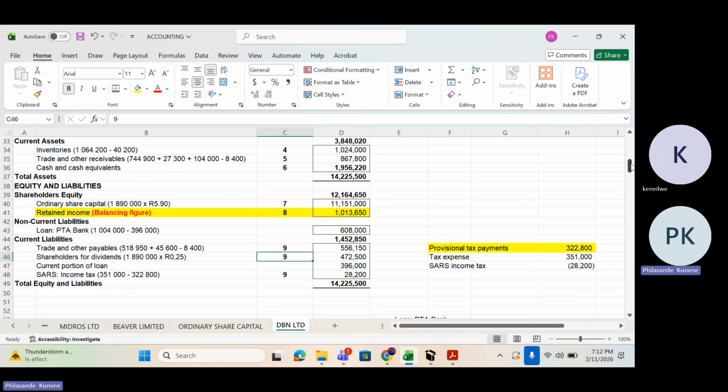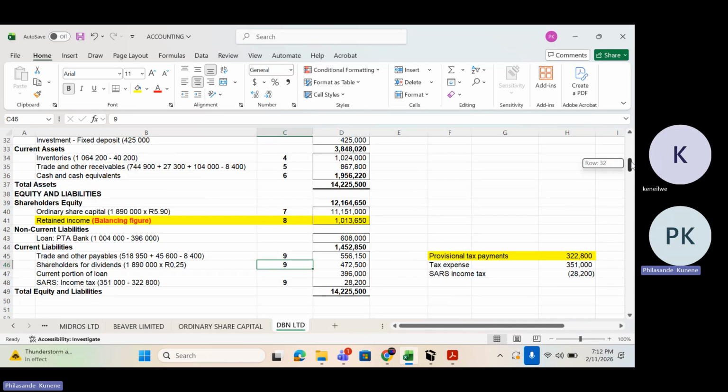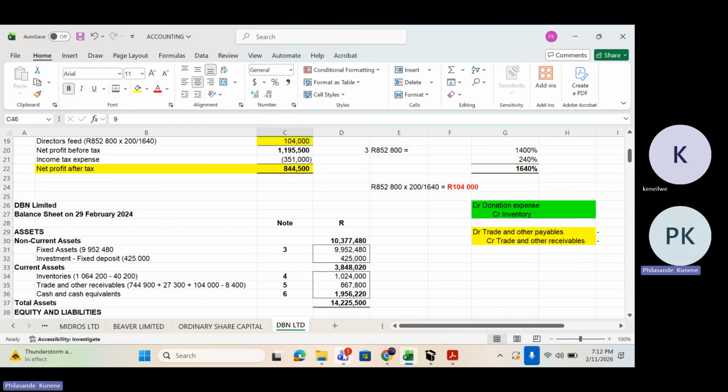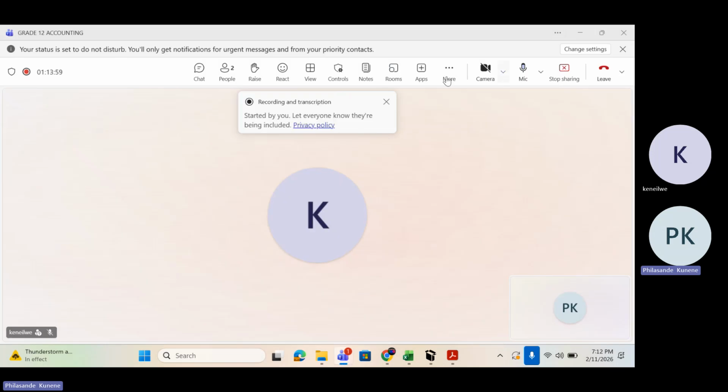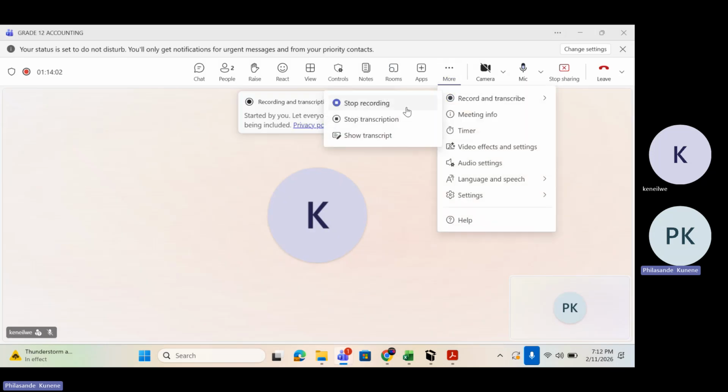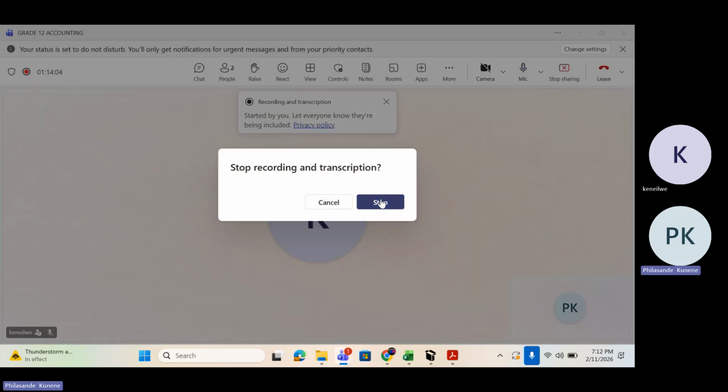So this is how we do the balance sheet. What I want to teach you, Kinelo, is that you must always try by all means to do everything at once, right? Treat the transaction